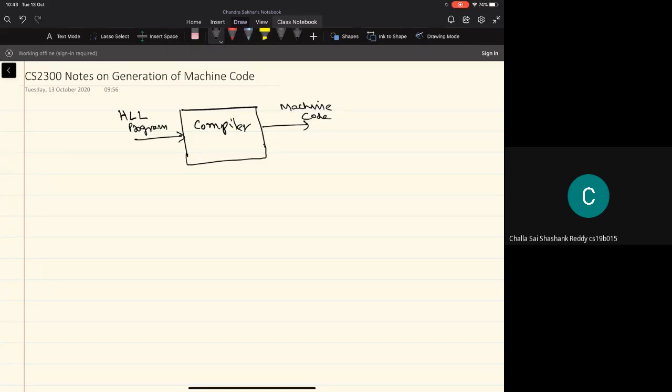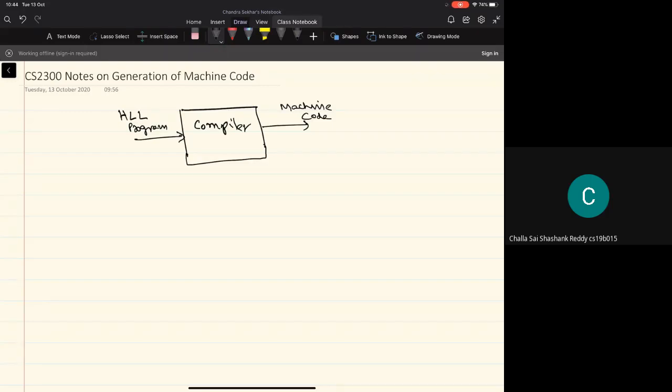and in order to simplify the machine code generation process, as we'll be seeing later in the course, we go for the usage of what is called a virtual machine, which will make it easy to simplify this process of generation of the machine code from the higher level language program. Okay, again, as we go along, we'll see some details of that.